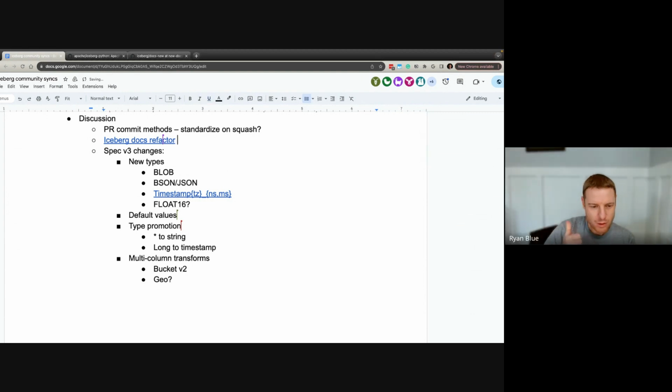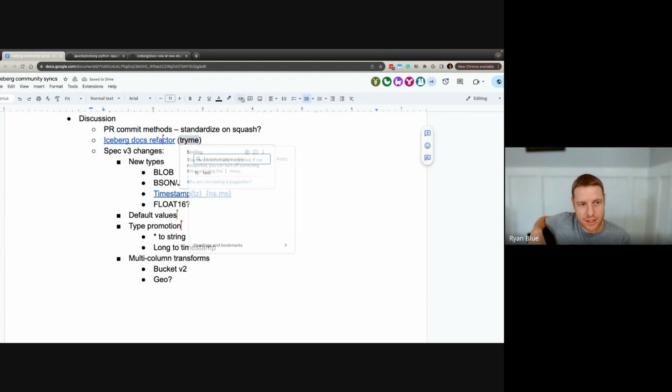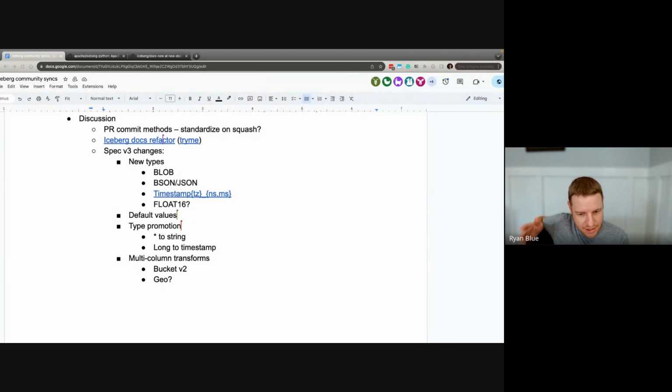Yeah, cool. We could definitely do V3 things, like I said, if we wanted to require partition stats, then we would need to have that as part of V3. But I think we'll finish out partition stats and then figure out if we want to do anything like that. The main things for the Spec V3 changes are, and again, the context here is, what changes to the spec do we want to bring that actually require